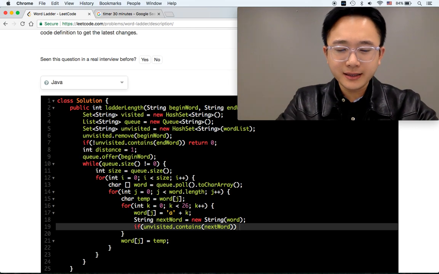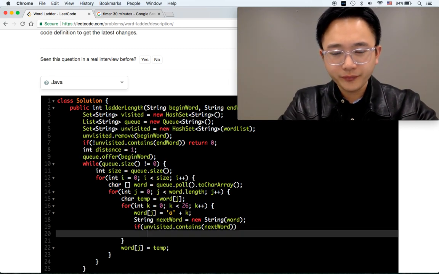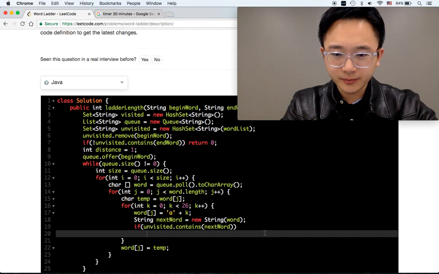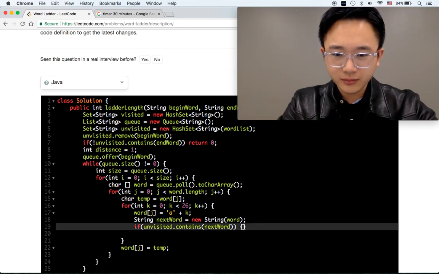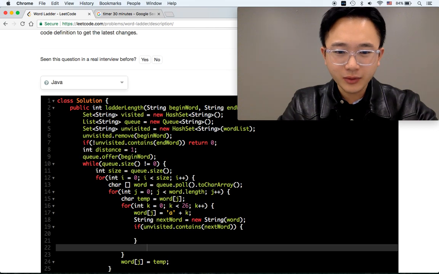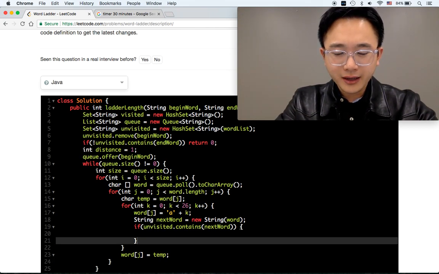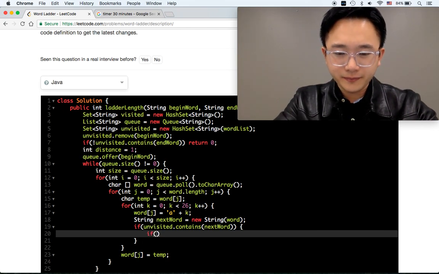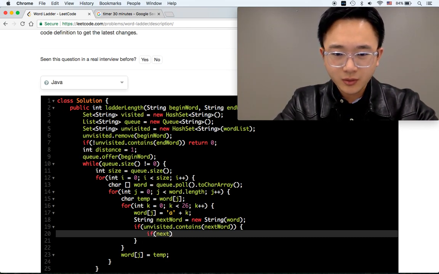So if it contains this next word, then... if it doesn't contain it, we do nothing, right? If it contains this word, and if next word